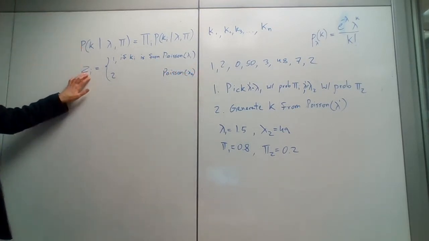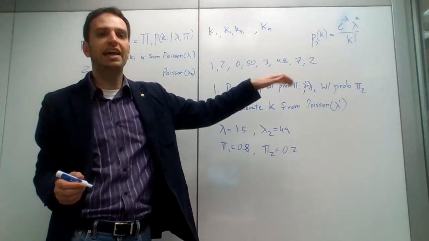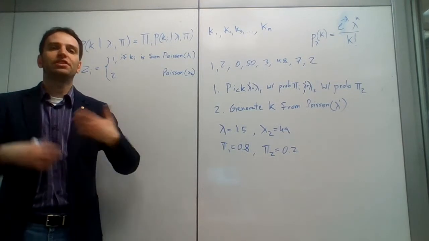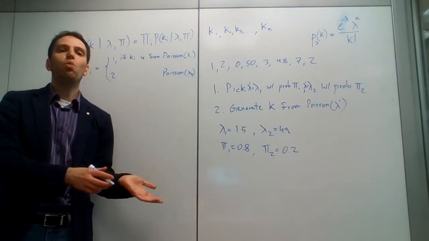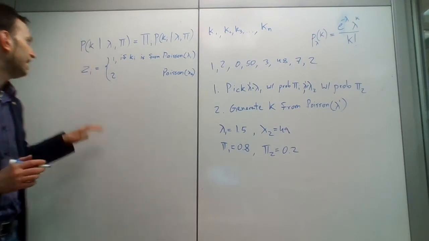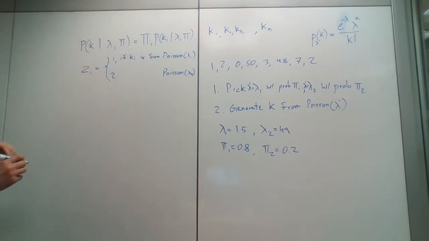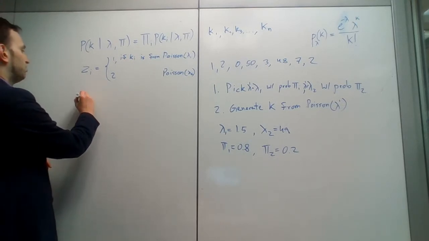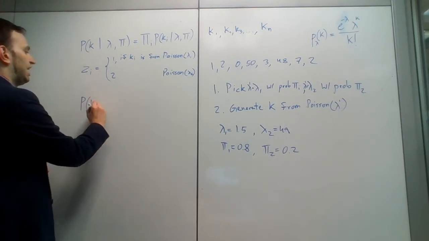So we don't know what zi is because all we know is the case, but we know it exists because we're assuming, rather, that k is coming from one or the other Poisson distribution. So okay, how does this help us? Well, this helps us because now we can say, okay, so the probability of ki